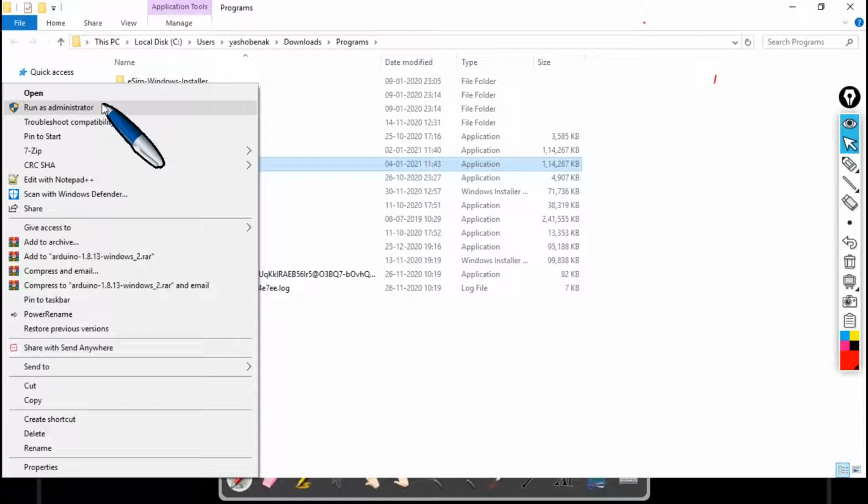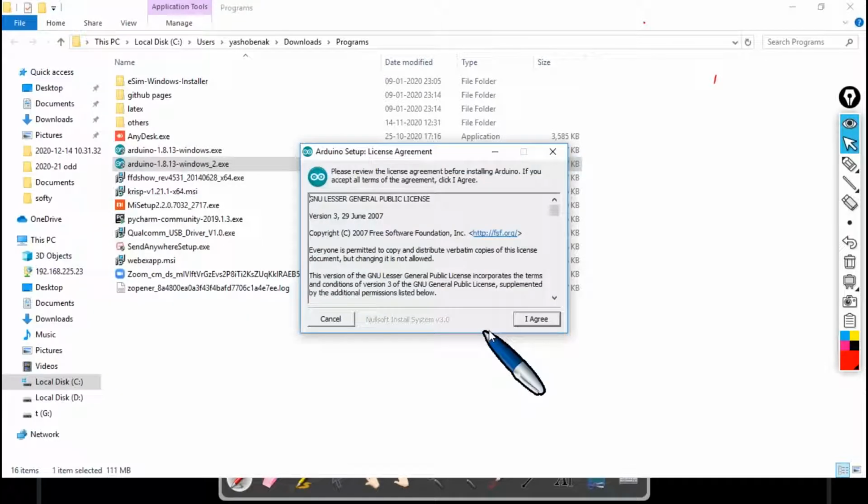Here you can see the path where our Arduino IDE will get installed. By default, this software is getting installed in the C drive, under Program Files (x86), followed by Arduino. So it creates a folder by the name Arduino.